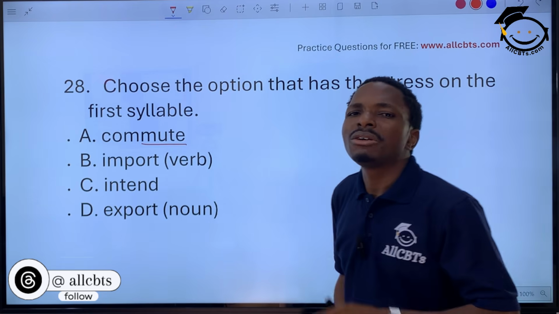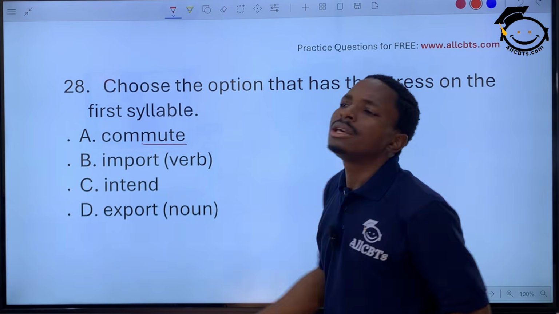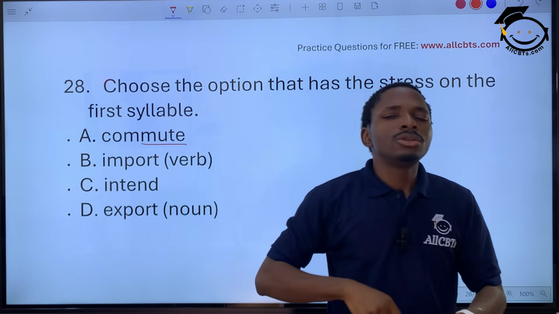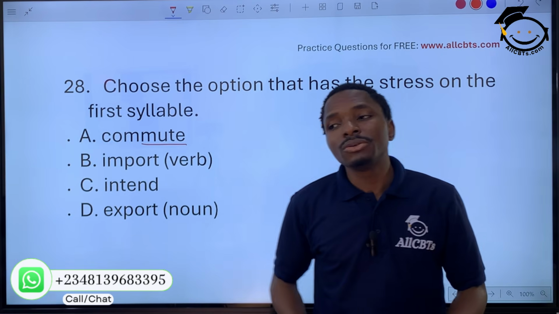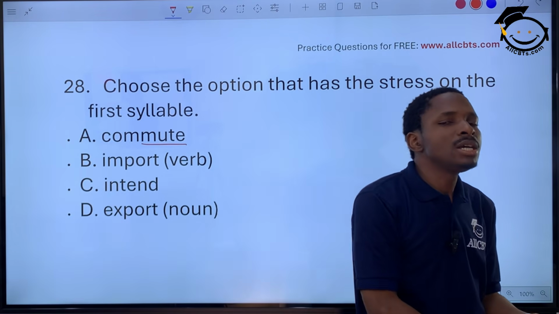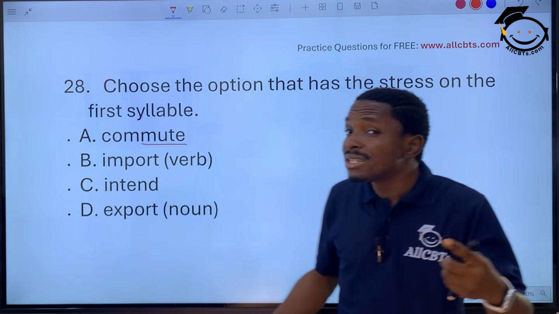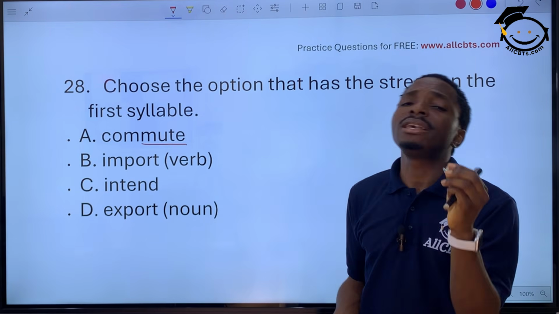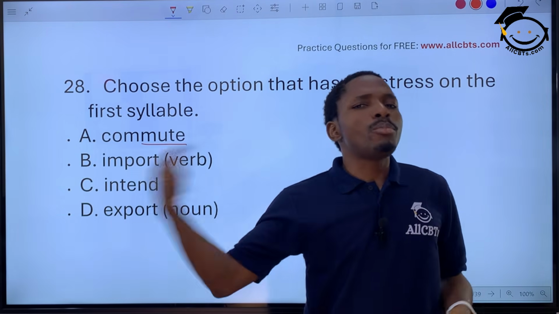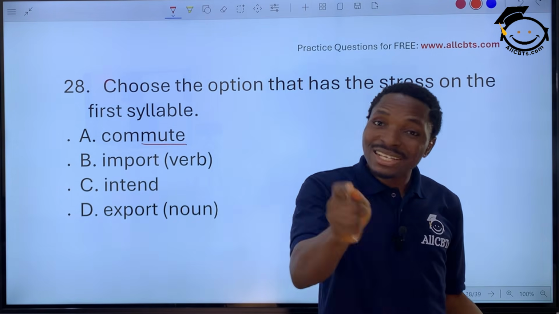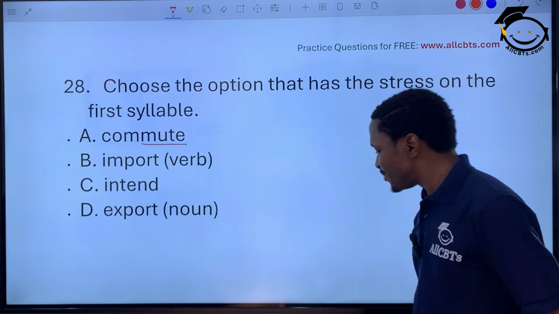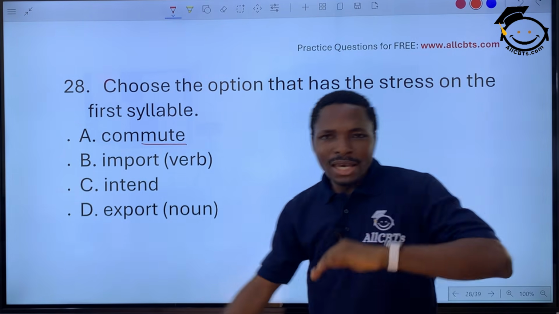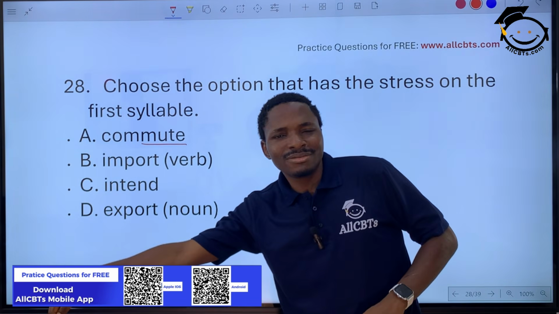It's different from when I'm issuing a command or asking you to take an action. I say, import it for me. Do you have this dress? No, I don't. Can you import it for me? Can you import? See, it's different. The sound is different. This is an import, but this is my import. To can you import? You see the difference. That's why I said I've explained it before. So import and import.